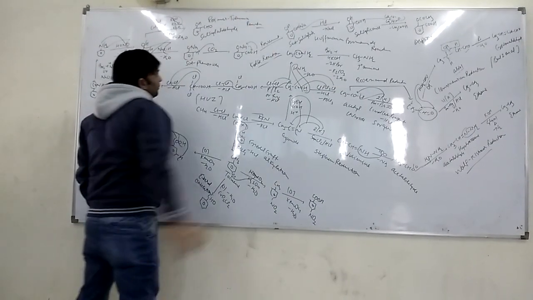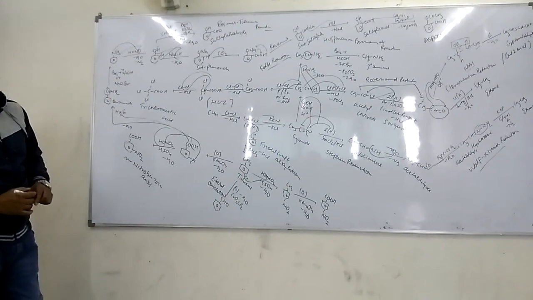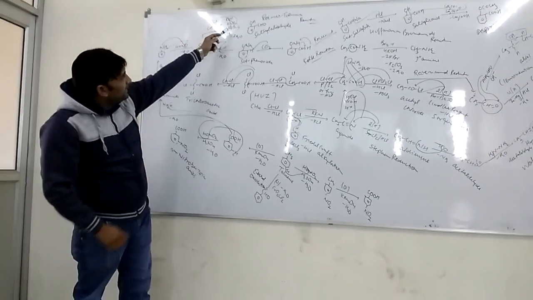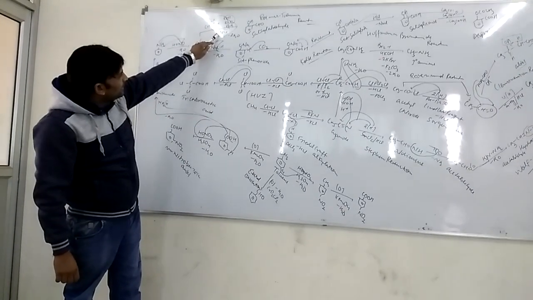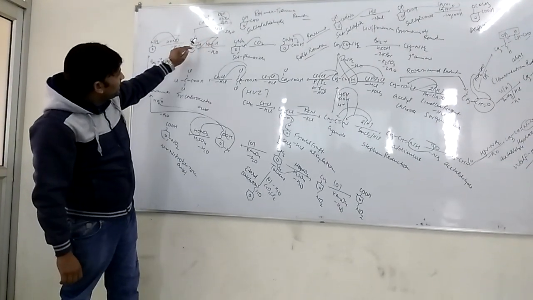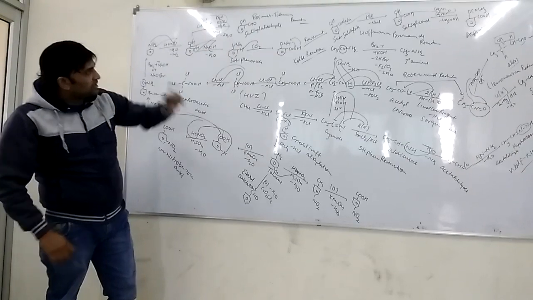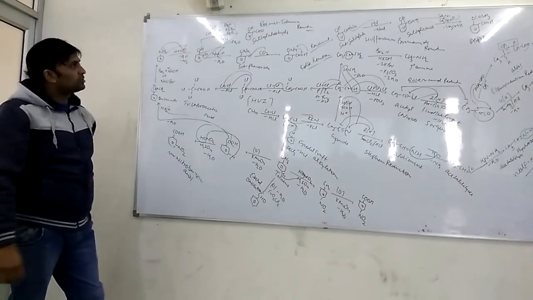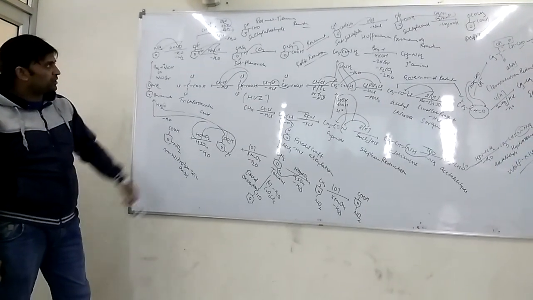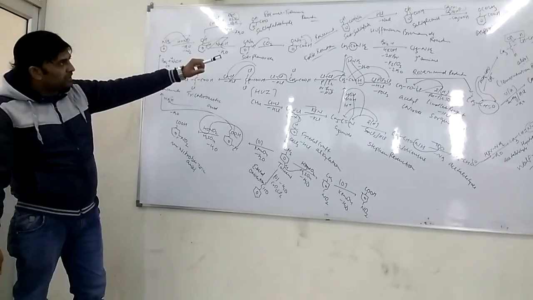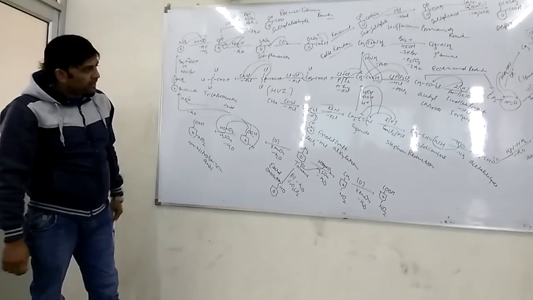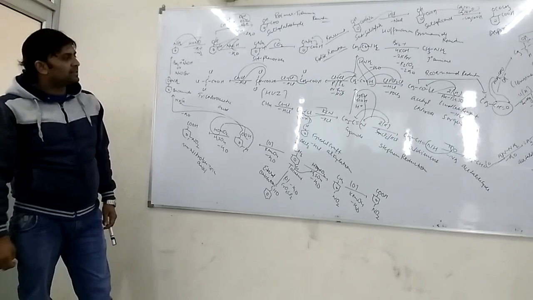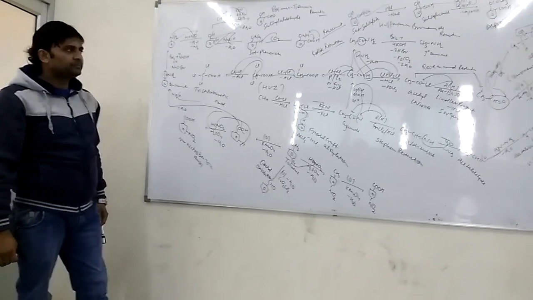This is also an important reaction. The conversion of phenol into salicyl aldehyde. This phenol reacts with chloroform, then alkali, loss of KCl, loss of water, and hydrogen is replaced by CHO. This compound is known as salicyl aldehyde, and this reaction is known as the Reimer-Tiemann reaction. So that means the conversion of phenol into salicylic acid is called Kolbe, and the conversion of phenol into salicyl aldehyde is known as the Reimer-Tiemann reaction.